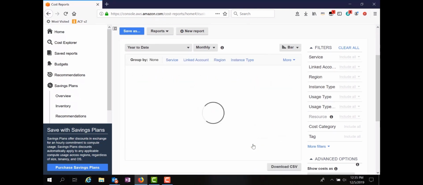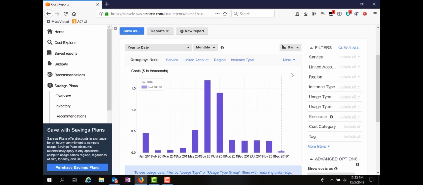I click apply, and now it shows me the costs incurred here per month. And it shows on the bottom here that June and July we incurred a high amount of cost. July $1,400 and June $1,600, almost $1,700 in costs. So those were busy months. In this case, I happen to know that we were developing a new class, and that's why we incurred those types of usage within June and July in this particular account.